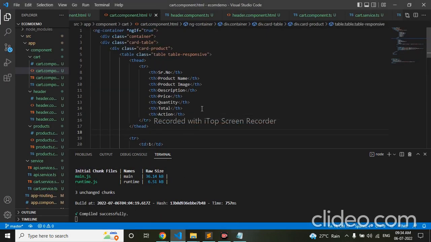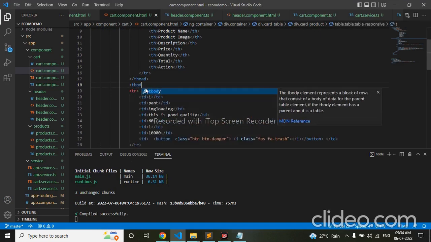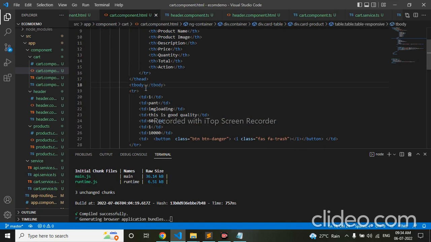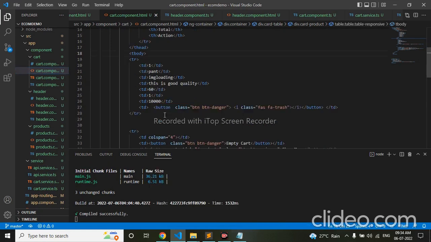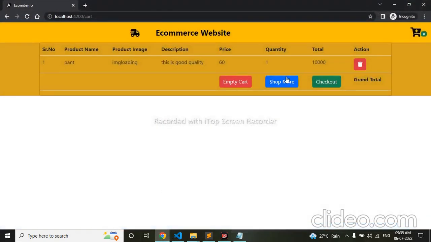Here I haven't put any table body. I'll check my UI. Okay, now it's rendering nicely